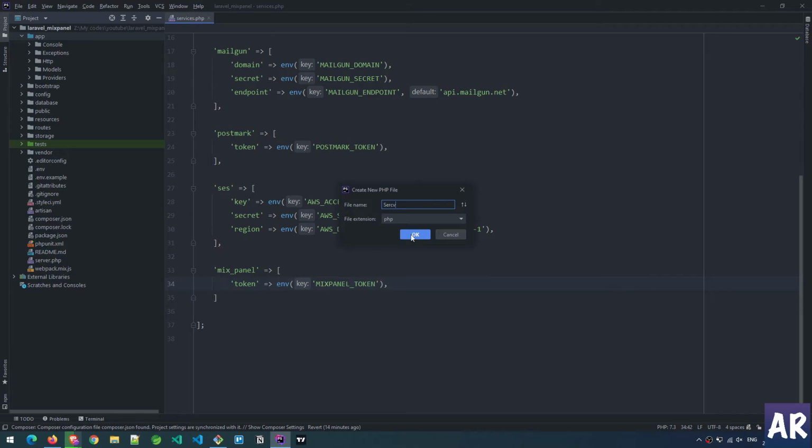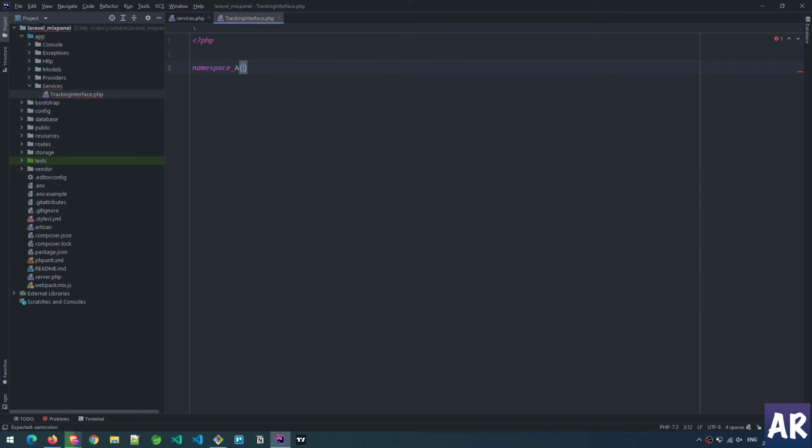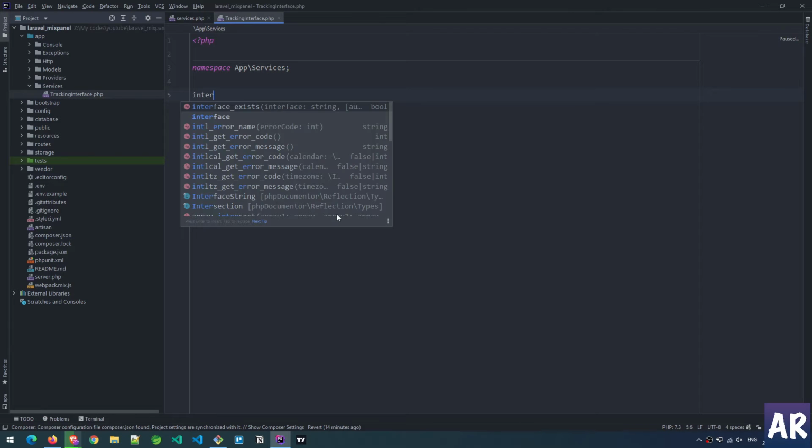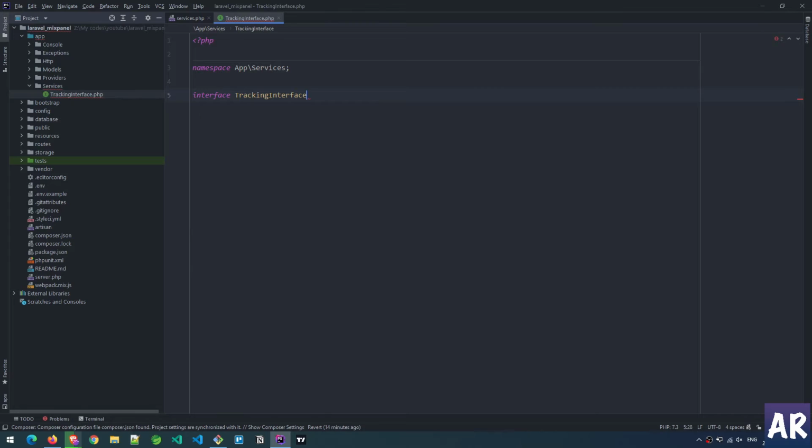So we have services, and let's just say the name will be tracking interface. Okay. Namespace. Namespace will be services as well. So services, an interface. And now, what all things do we need inside the interface? For now, let's just keep only one thing, which is public function